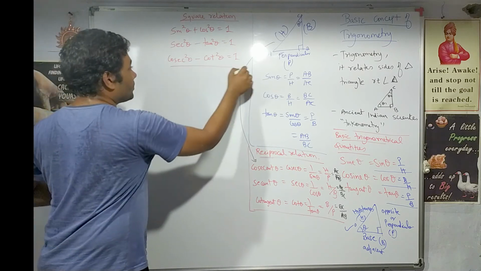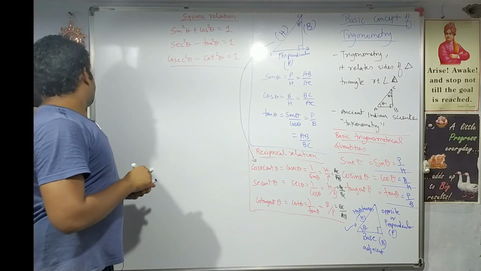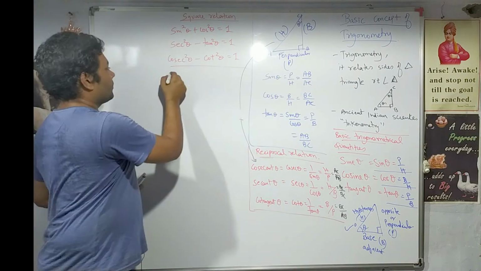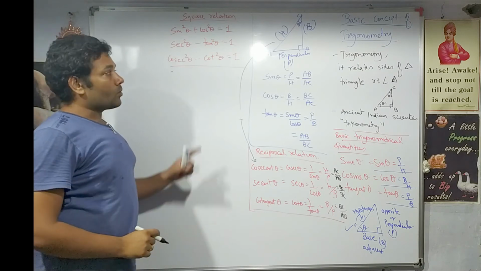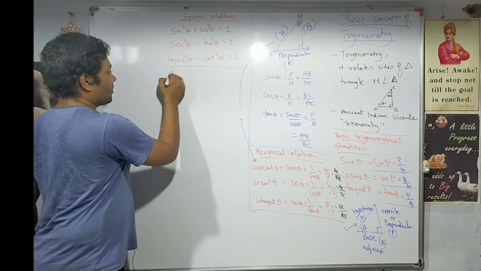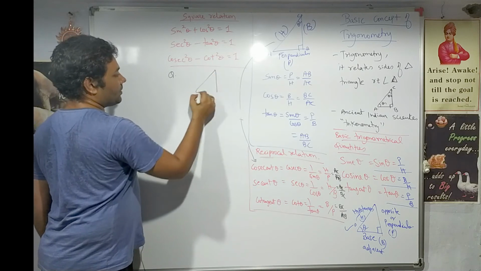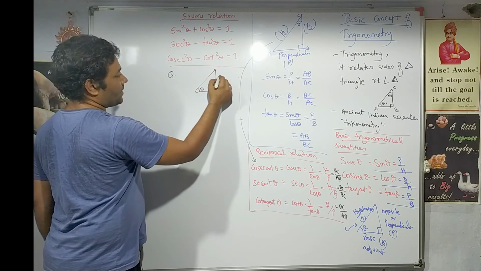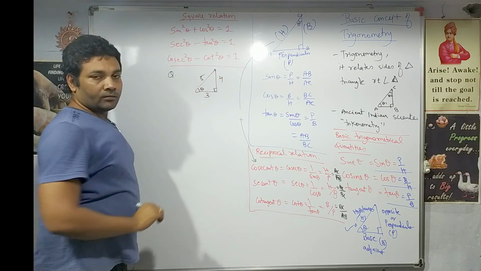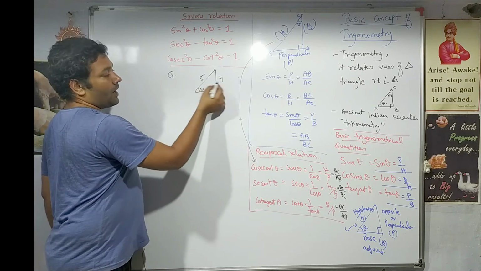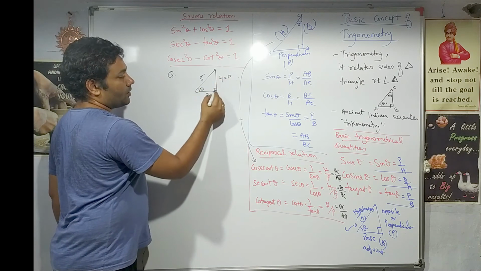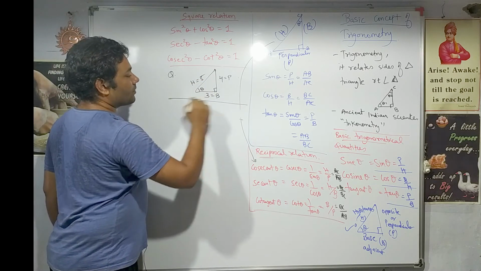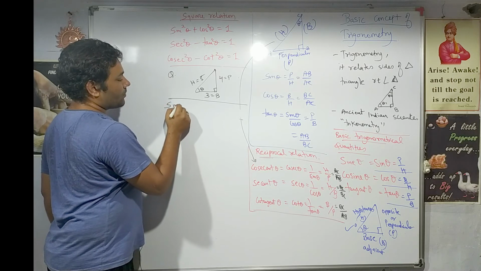Now let us try to prove this square relationship and understand how exactly the science of trigonometry works. So let us take a question. We have been given a triangle. This is the angle theta, this is 90 degrees, right? The values of the sides are 4, 3 and 5. Exactly opposite to theta is the perpendicular, between theta and 90 degrees is the base, and this is our hypotenuse.